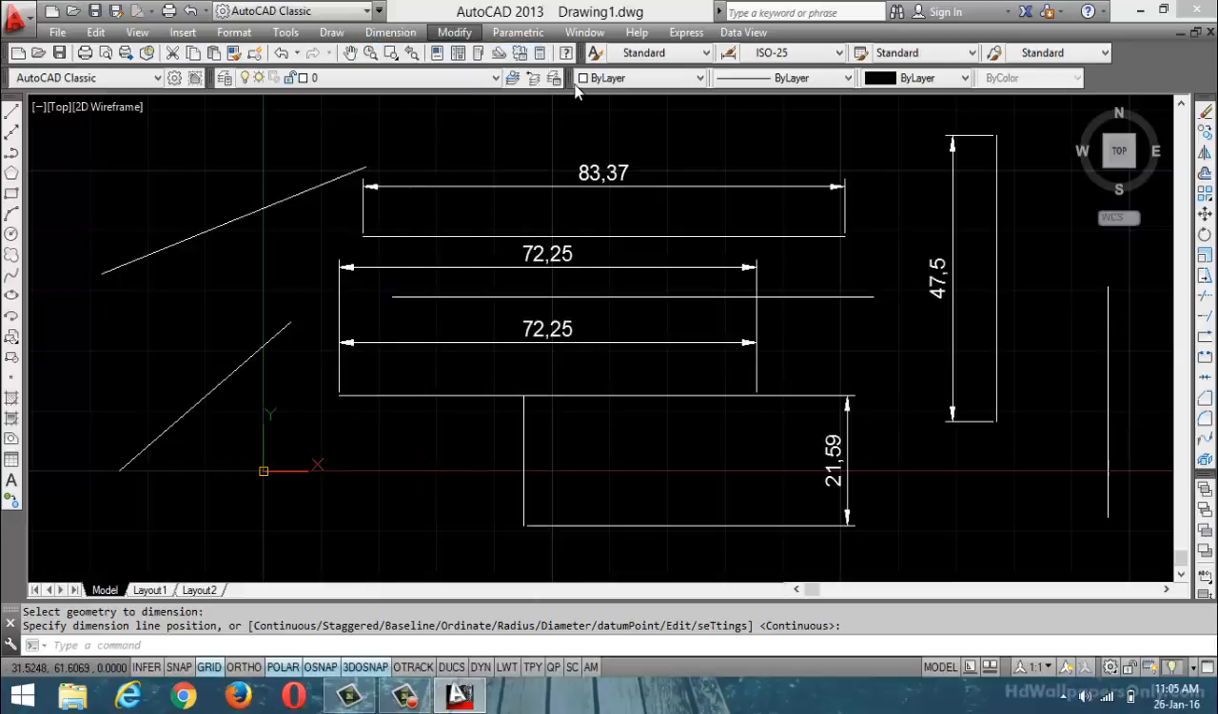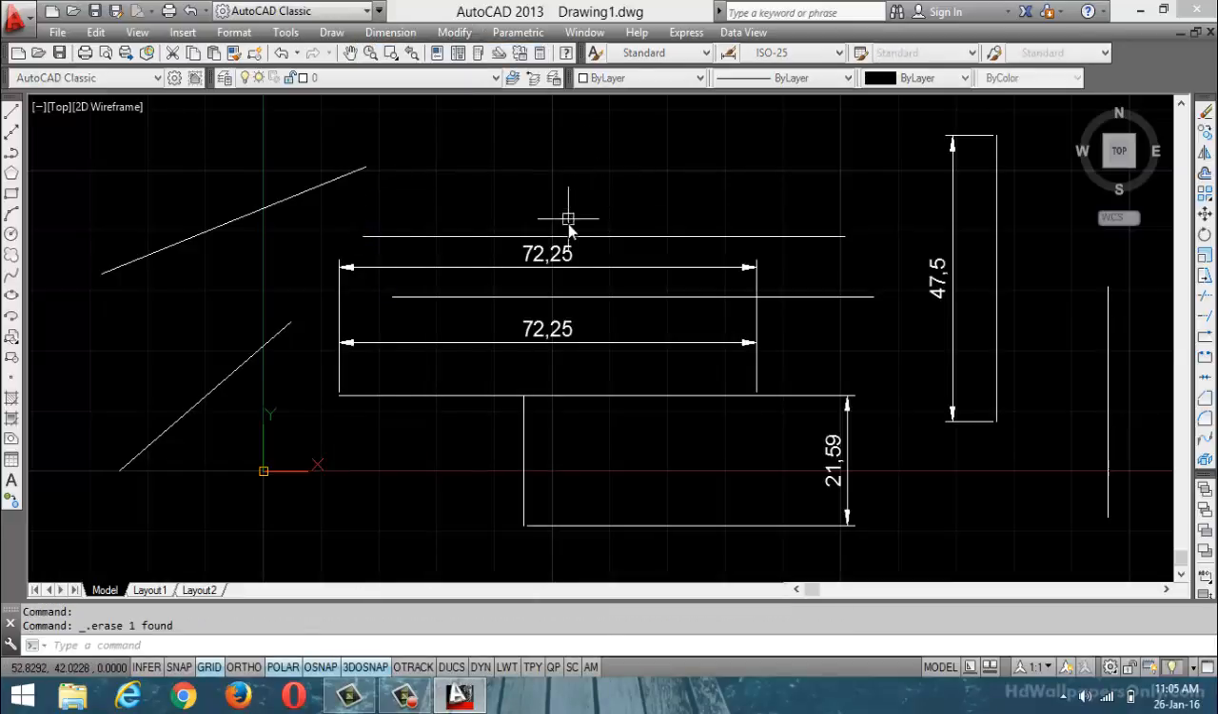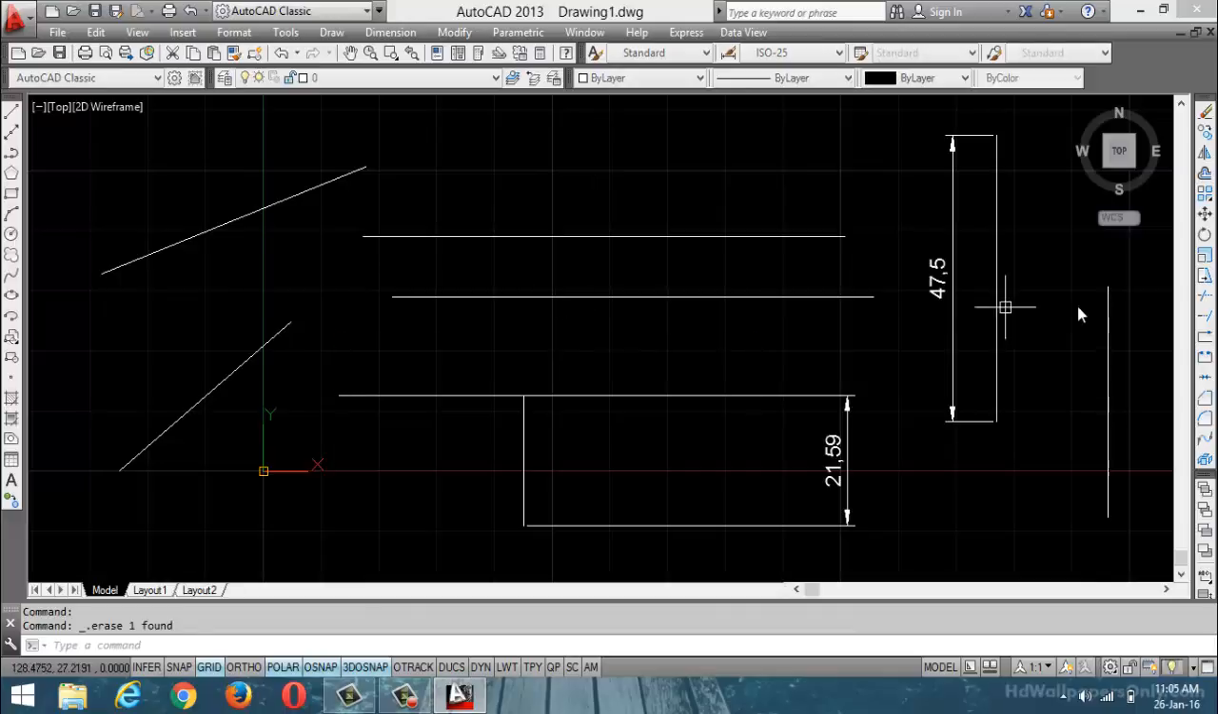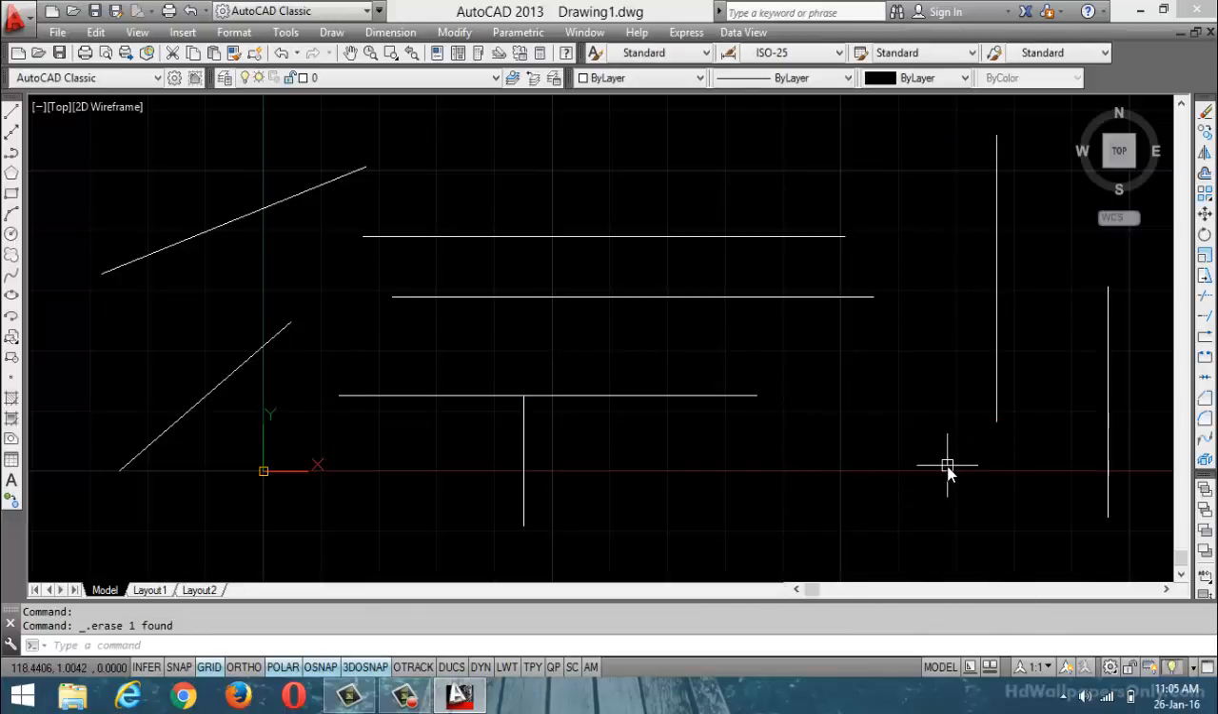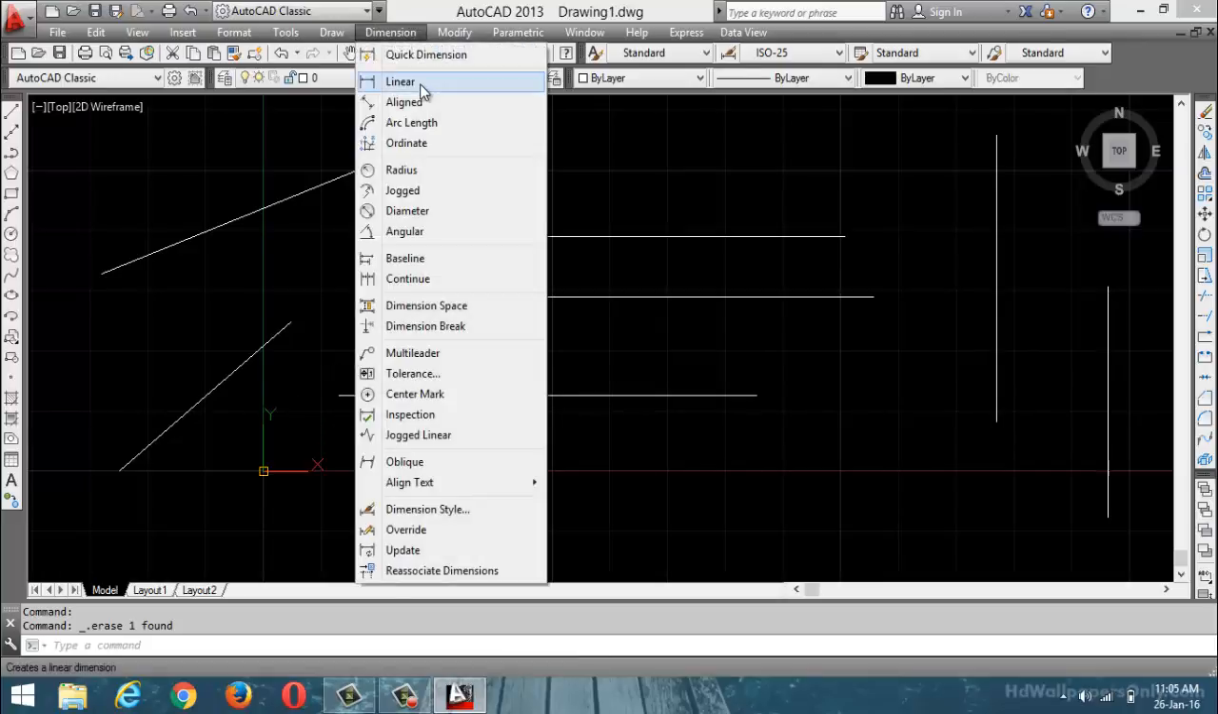Okay, now see, now I am going to delete these dimensions directly. Select and delete. Now next my requirement is to design a dimension between this endpoint to this endpoint. For that purpose I am going to select the linear. Linear means you can design linear dimensions, nothing but horizontal dimensions and vertical dimensions only. Okay, select the linear. Command is DLI,